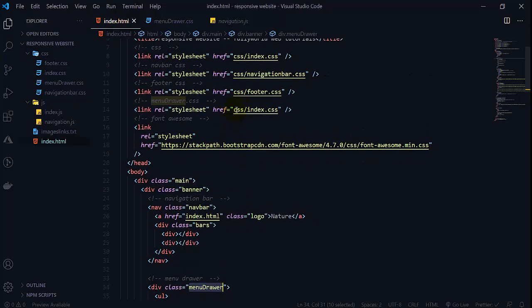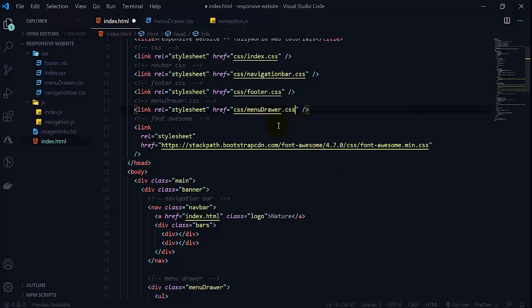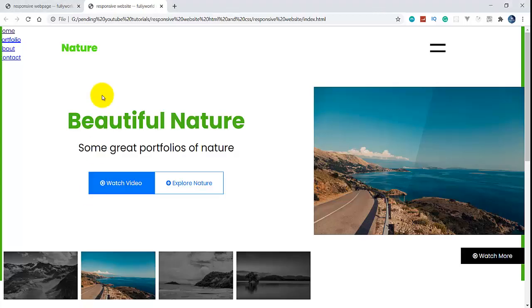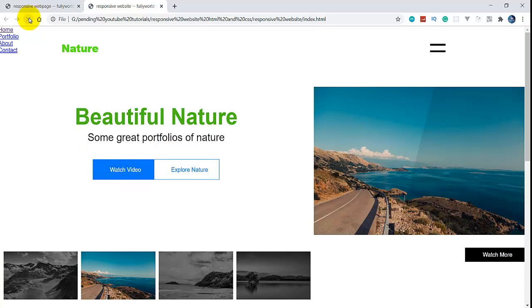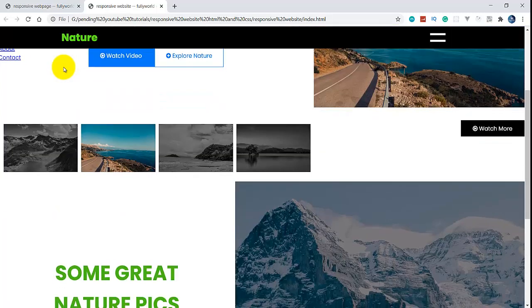It is not being affected by our menu drawer. CSS is okay. Here will be our menu drawer. Actually its CSS is not applied, so that's why we are not getting this. So whenever we reload this now, you will see our CSS is applied. See that our right side is now getting white. So this is actually happening, but it does not have a z-index.